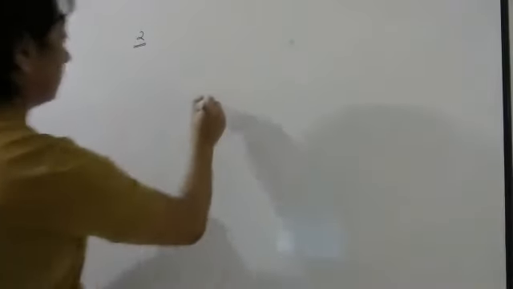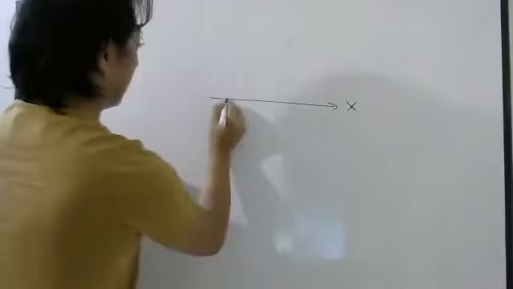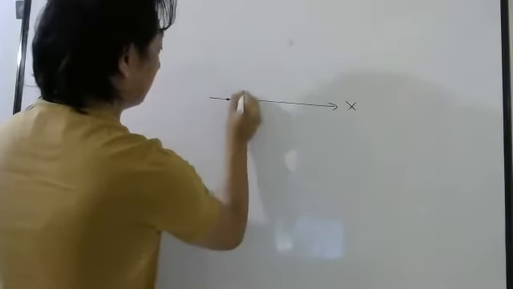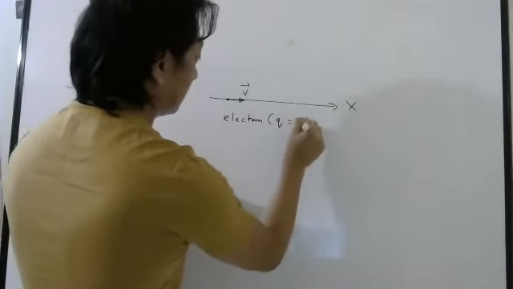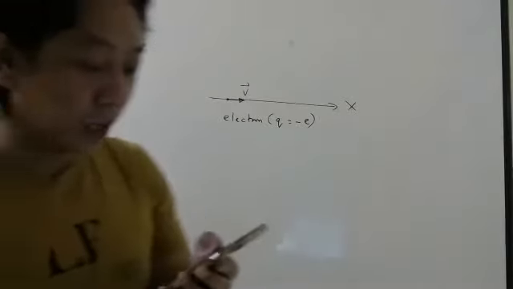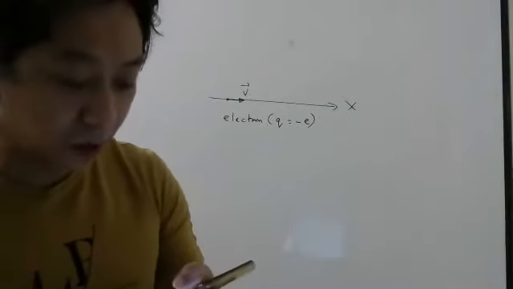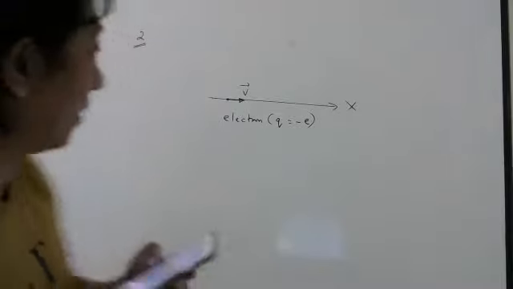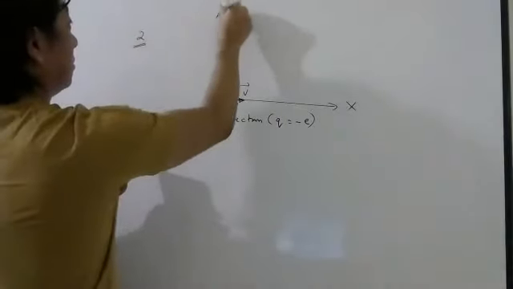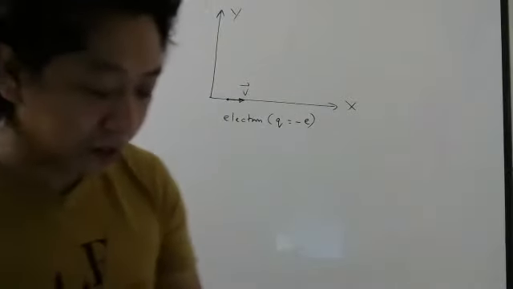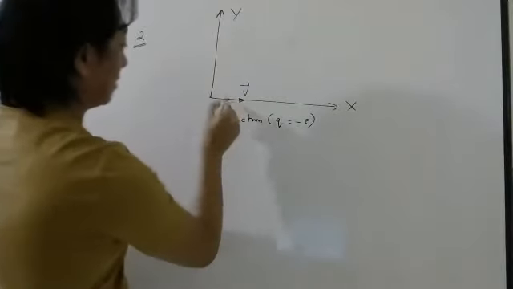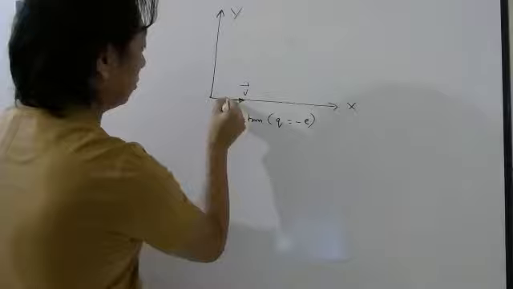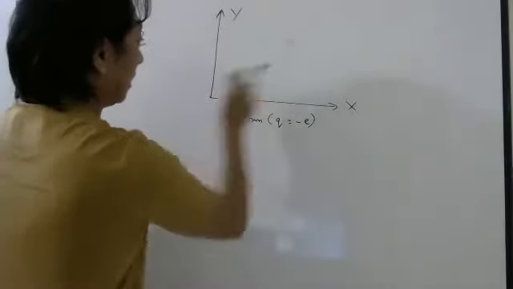An electron is moving along positive x-axis. Again, electron is moving. Moving means velocity. Right? It is an electron, so charge will be minus. To get it moving on an anti-clockwise circular path in the xy plane. So this is your xy plane. So they want the charge to move in an anti-clockwise circular path. So it is going like this. So they want this particle to move in an anti-clockwise circular path in the xy plane.